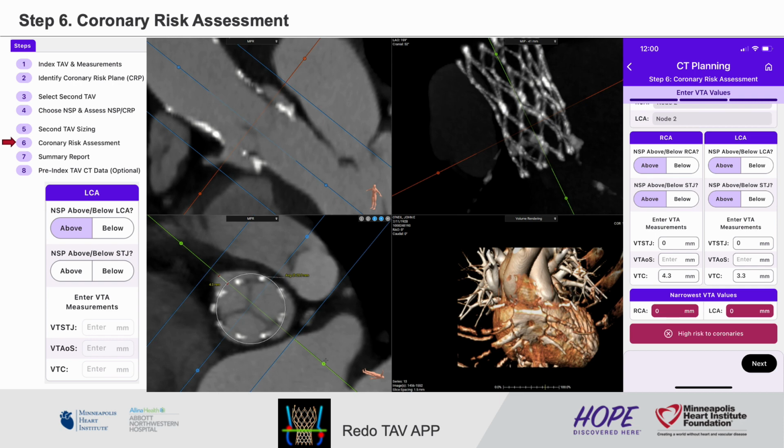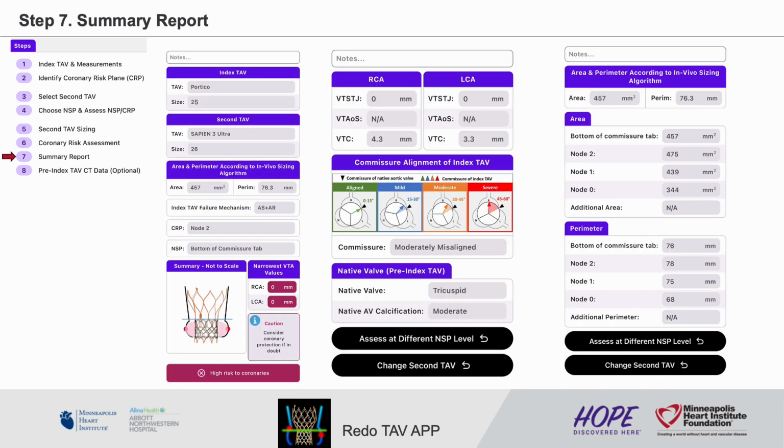And for LCA, VT-SCJ is also 0. So the narrowest VTA value for both coronaries is 0. Therefore, in this case, this implant position, bottom of the commissural tab, is considered as a high risk to coronary,